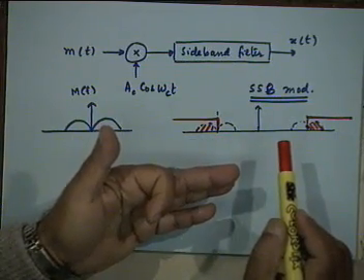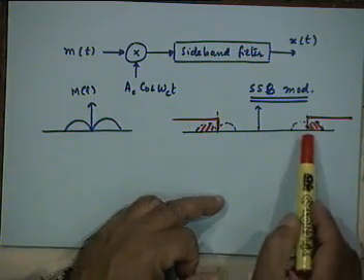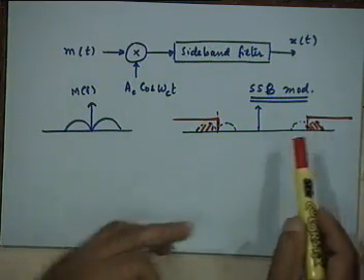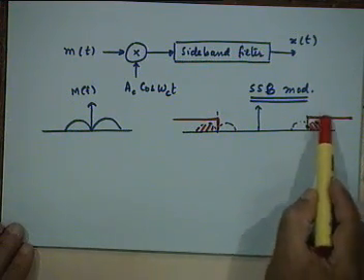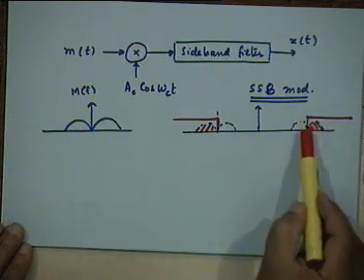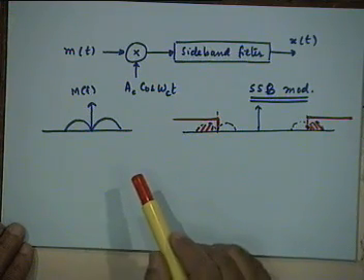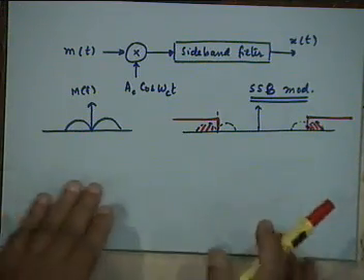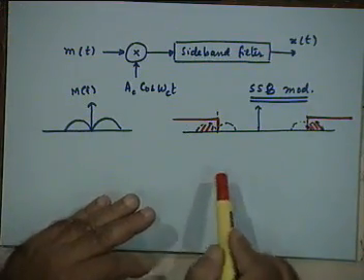Is it clear? In practice, we don't use low pass filters of such large bandwidth 0 to fc or such high pass filters, because in any case the signal has a finite small bandwidth, right? So it's more convenient to use band pass filters, either of this kind or of this kind, right? That will be the actual, but for theoretical discussion here, it is preferable to think in terms of high pass and low pass filters, as we will soon see.